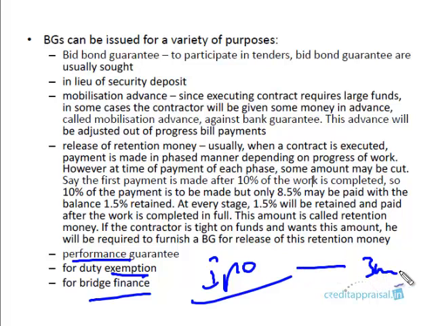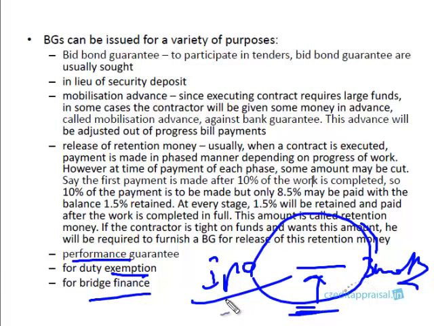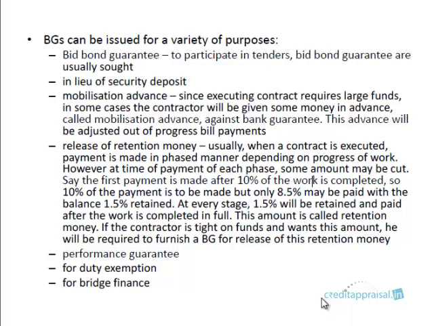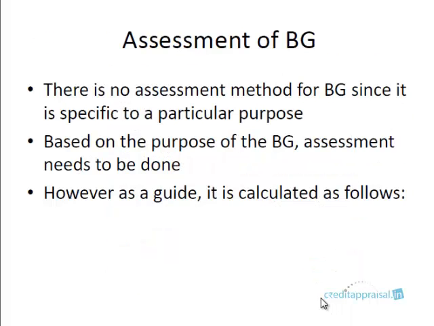Maybe there's an immediate urgency for funds. After 3 months of the IPO, maybe you're going to get money, but in the meantime you're in urgent need for some project. So there's a finance called bridge finance. For this intermittent period, the bridge finance will be extended. Once these 3 months are completed and the IPO funds come in, this bridge loan is going to be closed out of the IPO proceeds. So for that purpose also BGs can be issued, though that's something you will not encounter very frequently in your career.